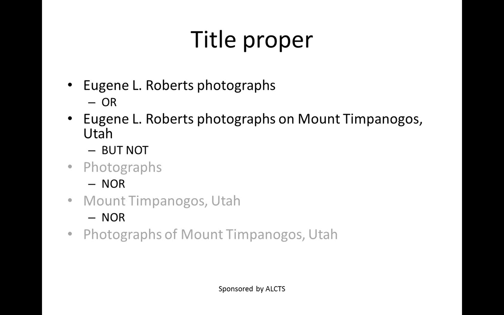The last example given with the type of material and the subject might be possible if you didn't know who the creator was according to DACS. But generally according to DACS guidelines, as in RDA, a devised title for archival material should include the creator of the materials as part of that string.